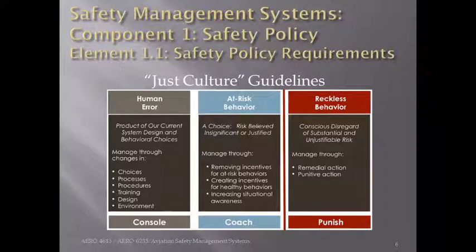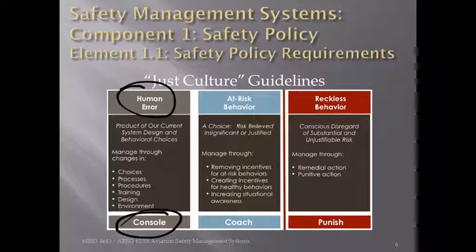That's the way that you're going to find out about it before a mishap happens.